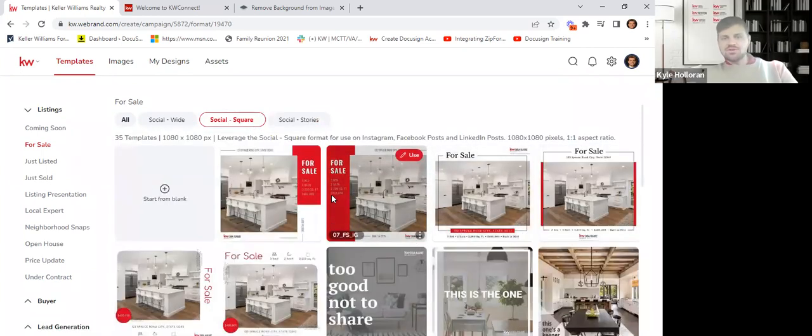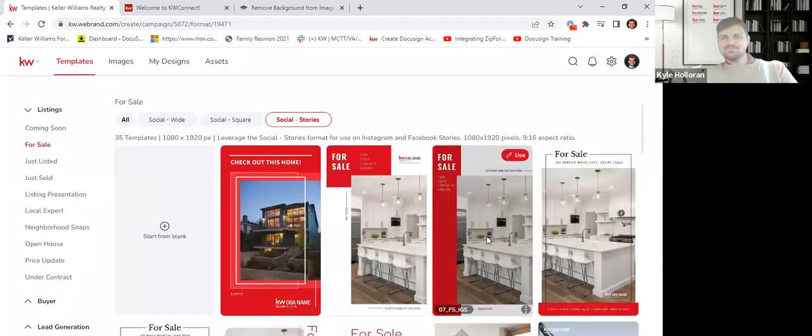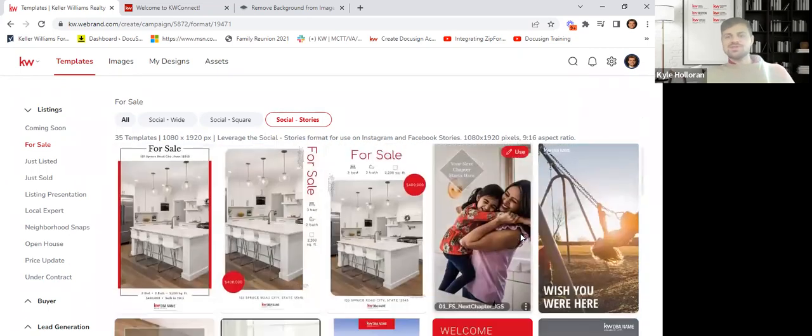Now notice, guys, there are similar themes here, right? So you'll notice like this one here with the red for sale on the left-hand side. There's a story that matches that right here, graphic, okay? So if you wanted to create one for Instagram, one for Facebook, and one for stories, in 5 minutes, you could come in here and create the 3 graphics, download them, and now your brand is consistent across all those different platforms. And so some agents like finding those few that they like, and using them over and over and over again, right? Because then your consumers see a graphic and they go, oh, that's Ann Hergenrender. Does that make sense? So some people like to switch it up and they like to use all the different ones here. And again, here's all the different ones.